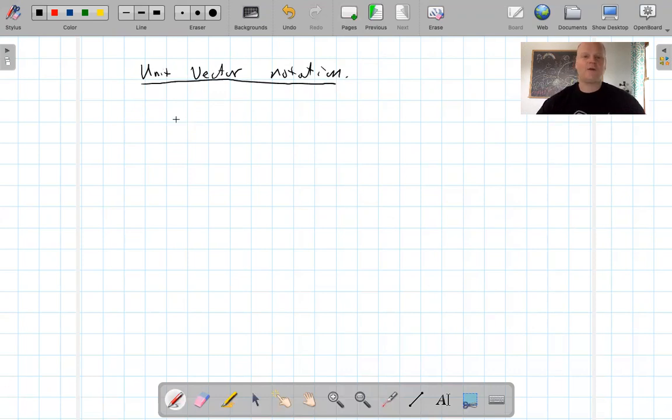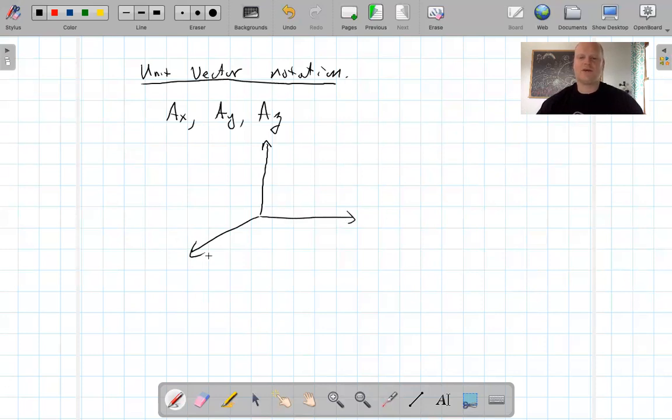So if I know, for example, the vector has ax along the x-axis, ay along the y-axis, and az along the z-axis, we can then define what are called unit vectors. So what's a unit vector? If this is my x-axis, this is my y-axis, and this is my z-axis, the unit vectors then are